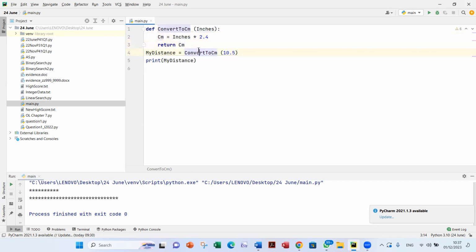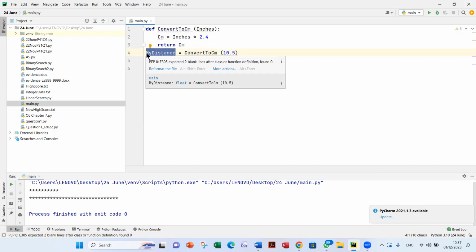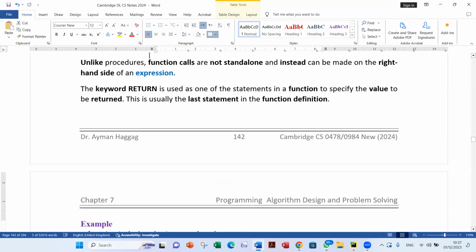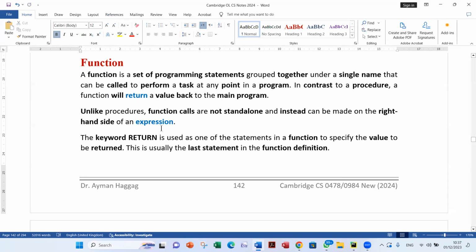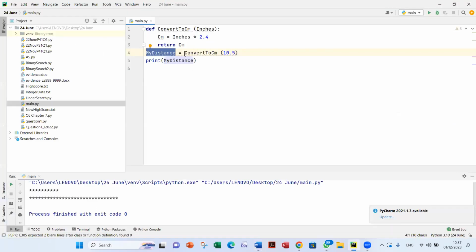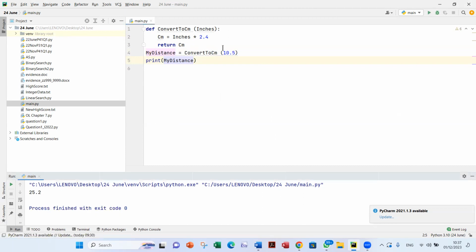However, the value returned must be stored in a variable. This is what is meant by being on the right hand side of an expression. The return is on the right side of an expression, and the result will be stored in my distance. Then when I print my distance, let us play with it. So I am calling it with